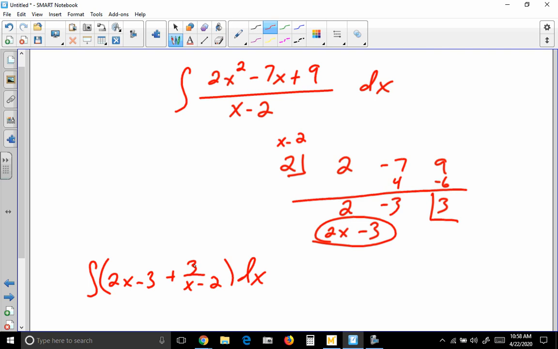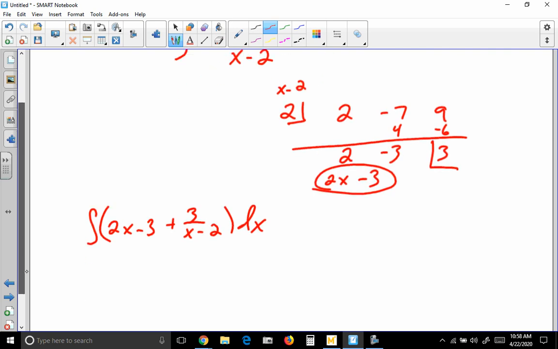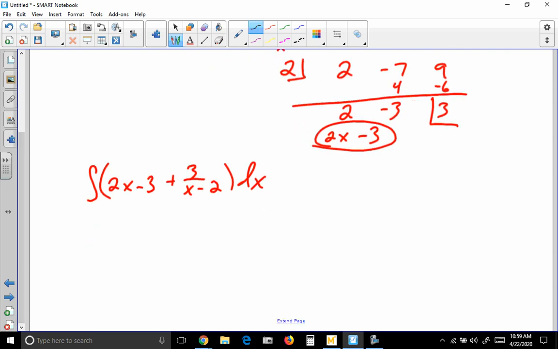The quotient plus the remainder over the divisor. So now we just integrate each term. For the first term, to integrate x, it's x to the 1 bigger power over that power. For the next term, to integrate a constant, we pick up our variable. And for the next term, to integrate 3 over x minus 2 dx,